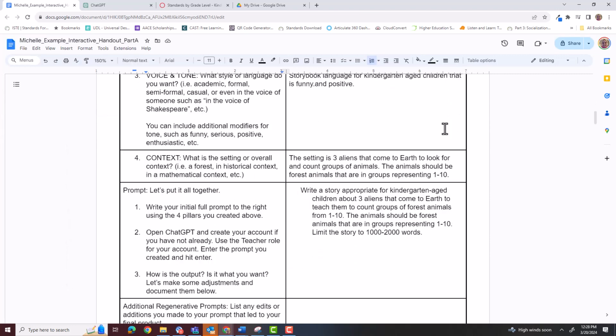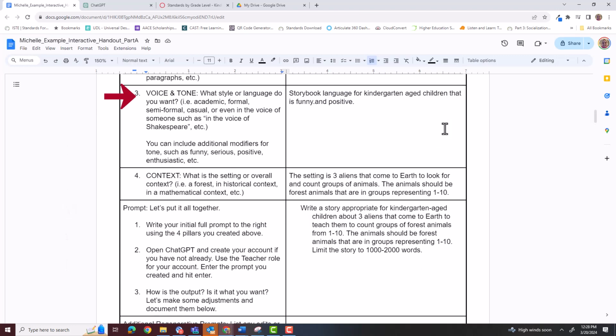So now let's go to voice and tone, pillar number 3. What style or language do you want? Some examples could be, I want it to be in academic language, in formal language, semi-formal, casual. You can even pick the voice of someone. Write an essay in the style of William Shakespeare that